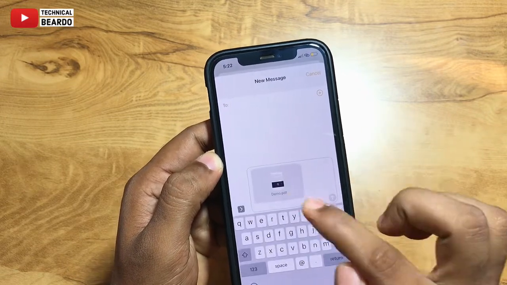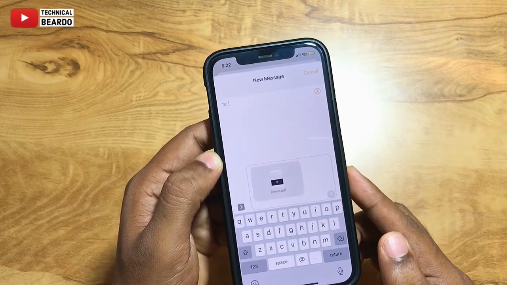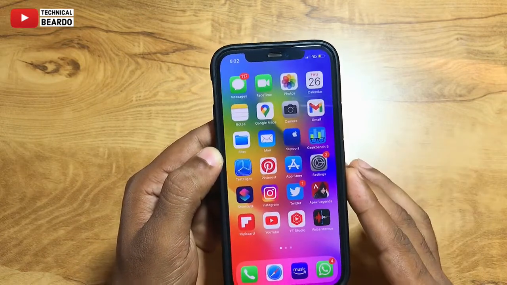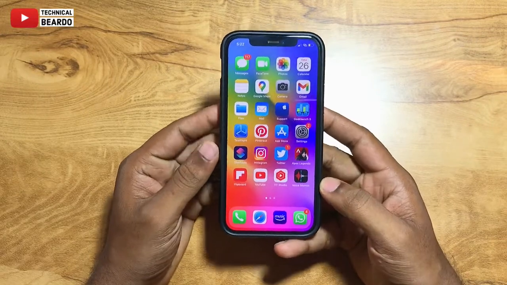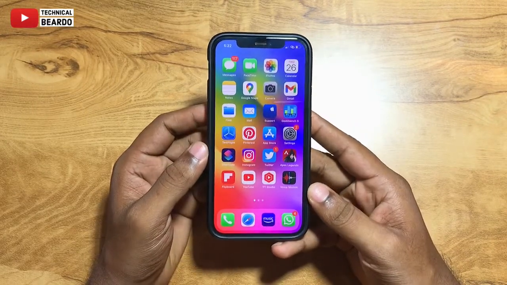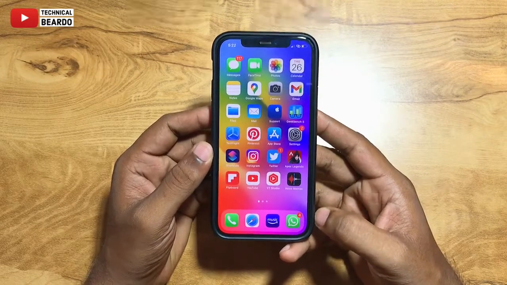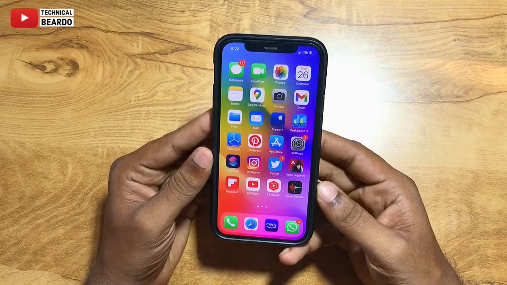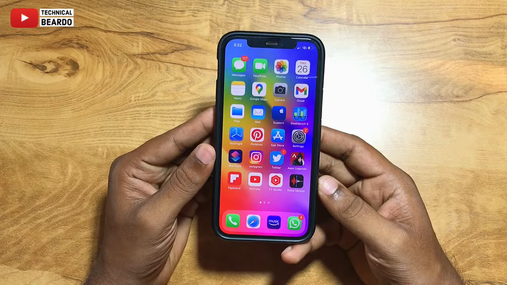So this is a very simple trick. Just create a note and just add the media files. Just go to options, print, and here zoom the page, and here share as PDF documents. It's a very simple trick. First time it will be difficult to know, but once you know it, it's very easy. So like that, it's a very simple trick. Just follow the steps and you can create an actual PDF file from scratch on your iPhone with a simple trick. So I hope you understood the trick.